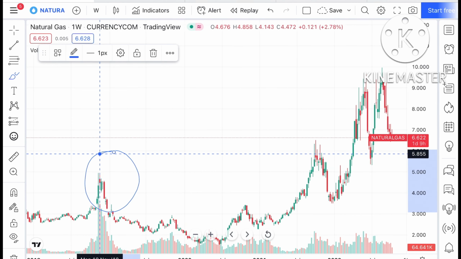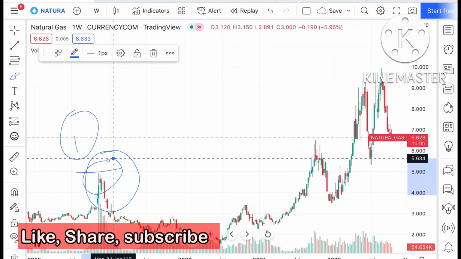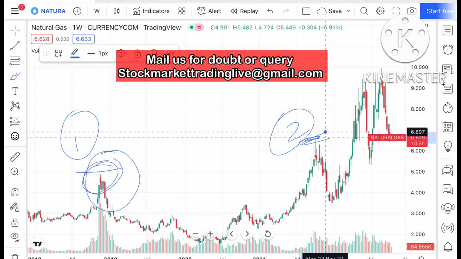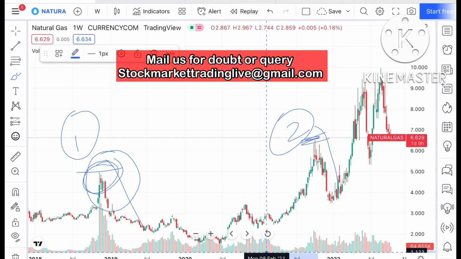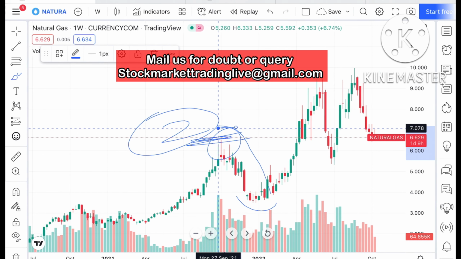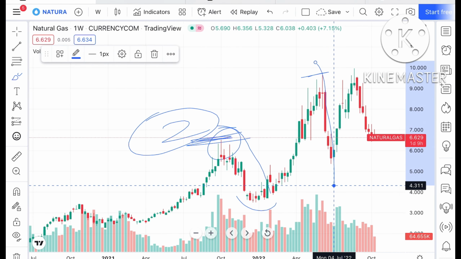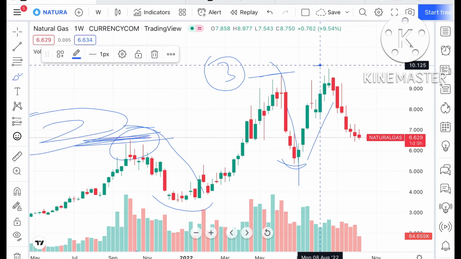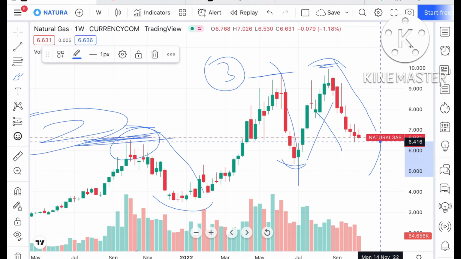Suppose this was the first time we have seen it make a mid high. After that it crosses that level, and this is the second time it crossed this particular high and made another high. After that we have seen a sharp fall. Ahead on this chart, it made a swing at this level, crossed this high, made another high, and we saw a sharp fall. That is the third time, and for the fourth time it made a swing at this level, made a high, and from there it has been continuously on the downside and made a low of around